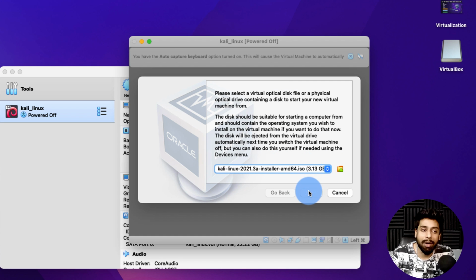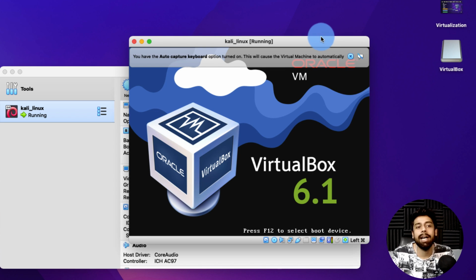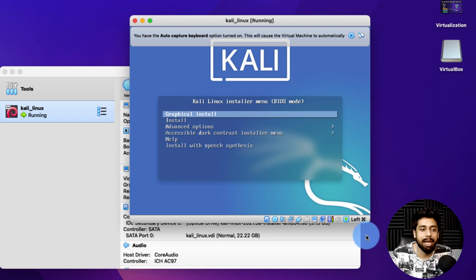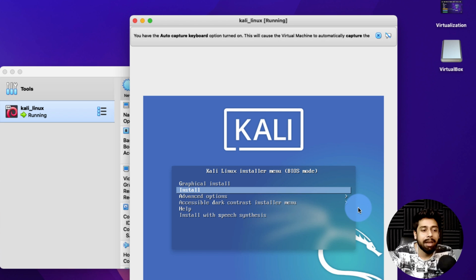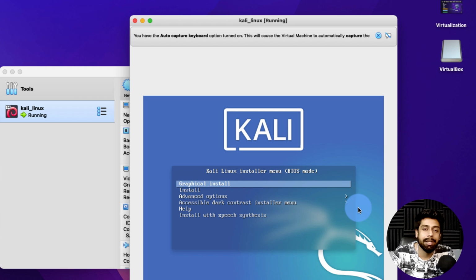And then I'm going to click on start, and let's see if I get started with the installation of Kali Linux, because it is going to test a lot of your patience. So you have different options over here. You're going to go ahead with graphical install, and these guys are doing a great job in making things next level.